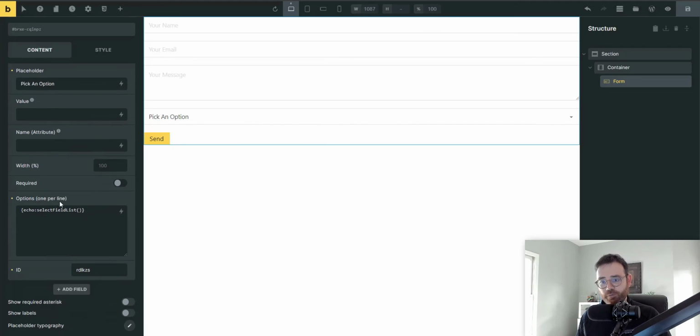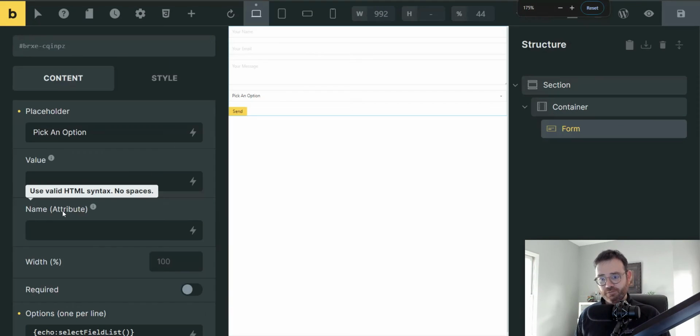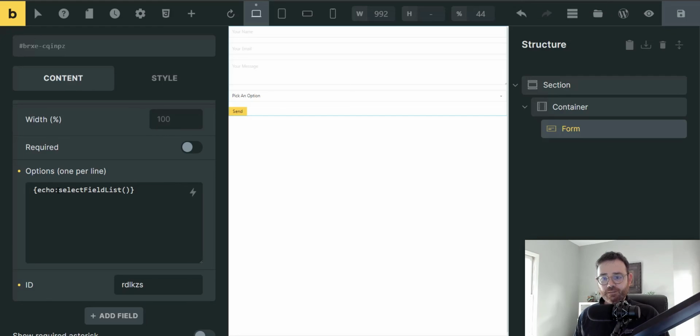On our select field, we've got that options, 1 per line. And I'm not quite sure why it can take that space. Like our var dump was showing all of those options listed out with spaces. Like Bricks can interpret that as a new line, 1 per line. So I was playing around with this and figured out that that works pretty well,